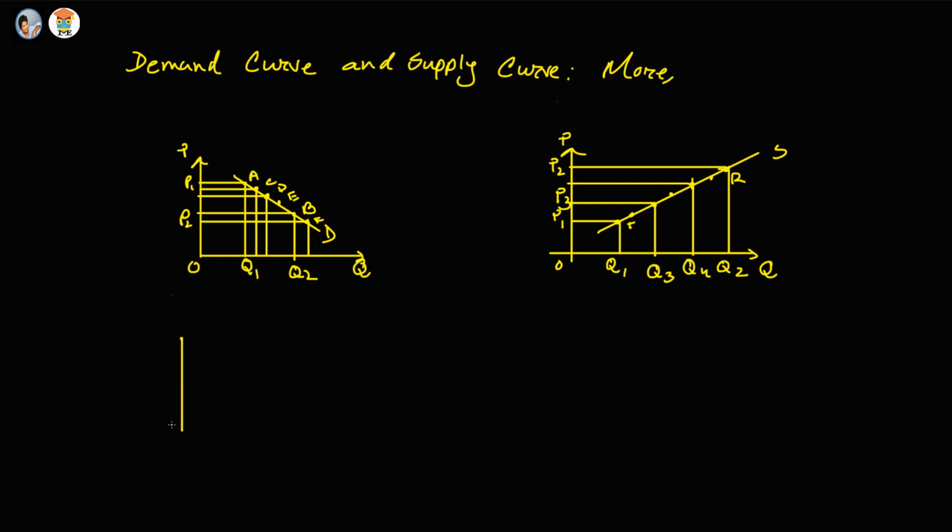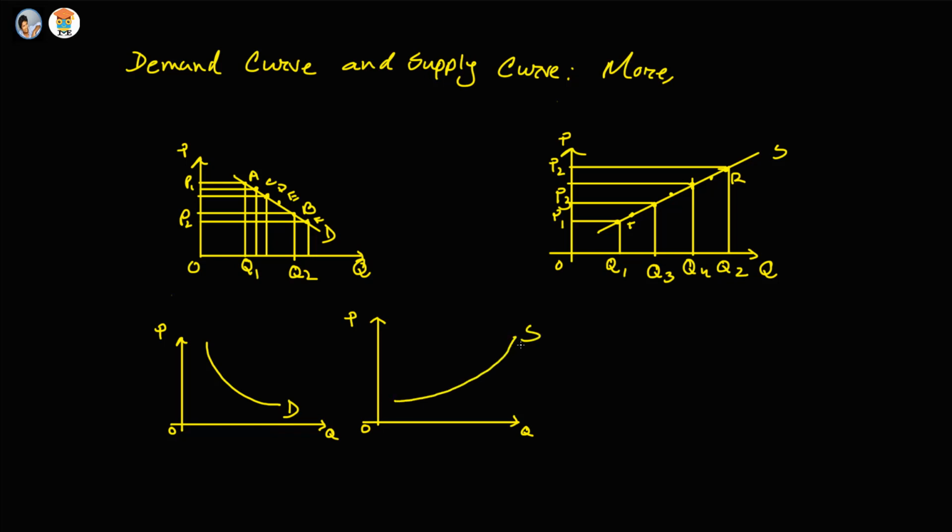This is price axis and this is quantity axis. We have here quantity, this is O, this is price. So this can be a demand curve, and this is quantity, this is O, this is price. This can be a supply curve. Or